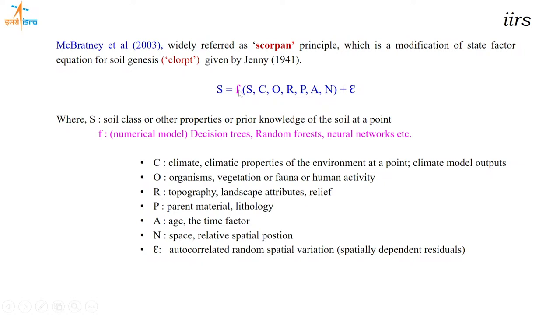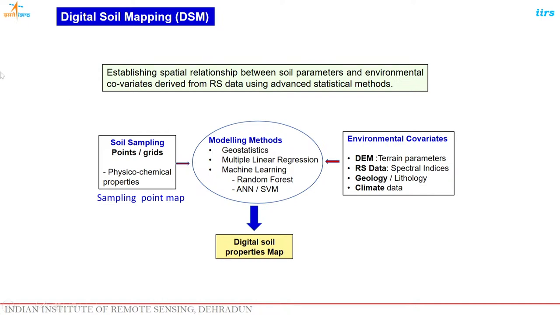And F is the function. How can we relate this? It is using a decision tree, random forest or neural network, advanced statistical methods. So in digital soil mapping, you can say it is simply establishing the spatial relationship